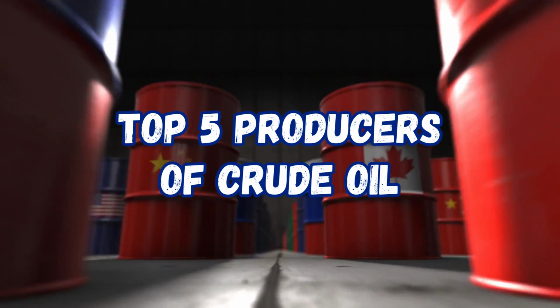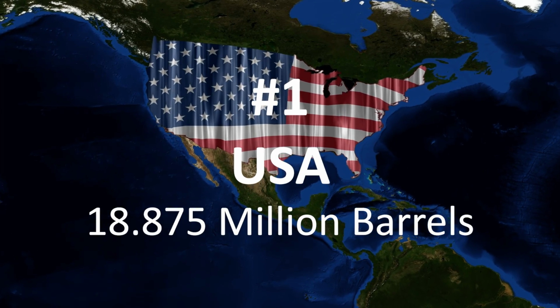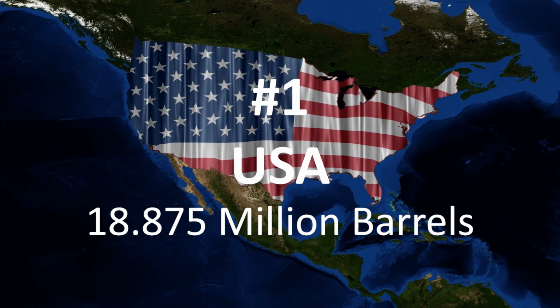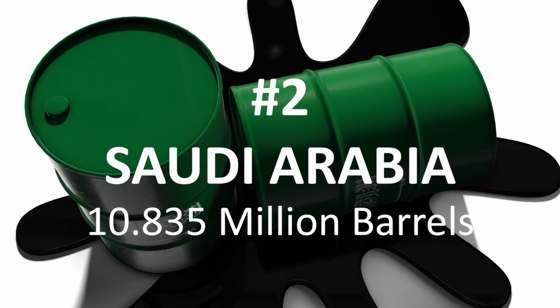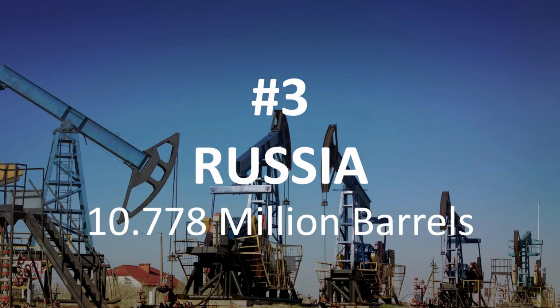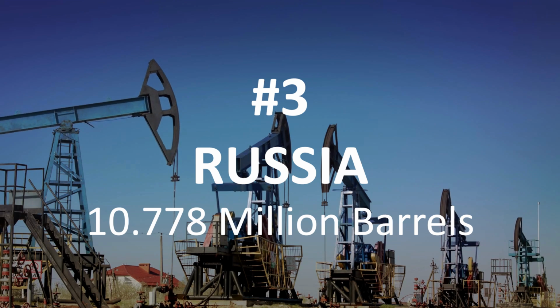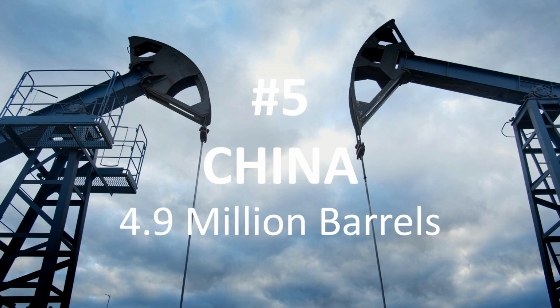So here's a list of the top 5 producers of crude oil in the world. So United States is currently at number 1, producing 18.875 million barrels per day. Saudi Arabia produces 10.835 million barrels per day. Russia at number 3 produces 10.778 million barrels per day, and Canada 5.5 million barrels per day, and China 4.9